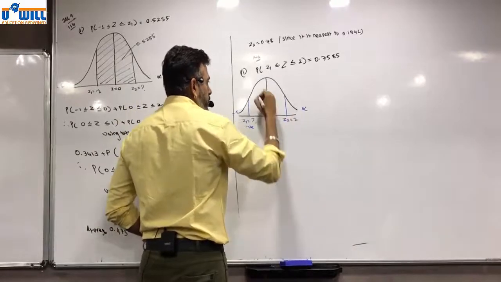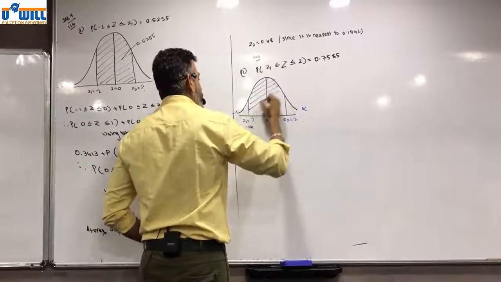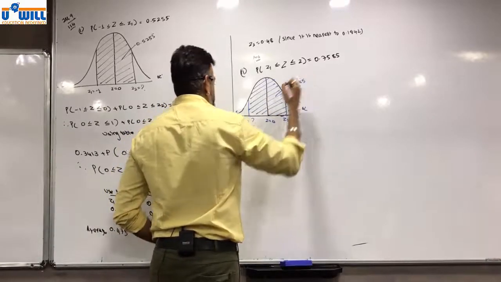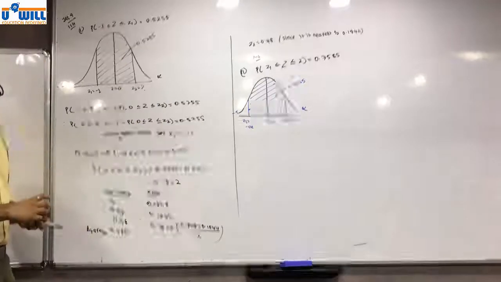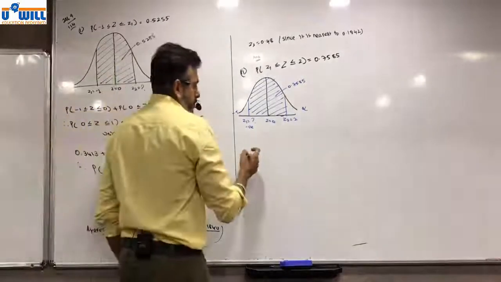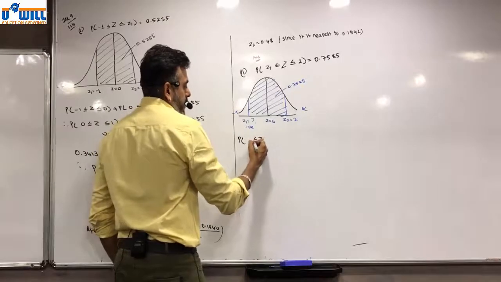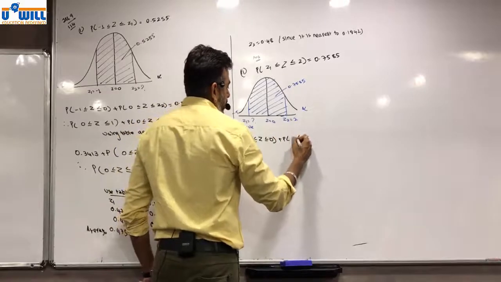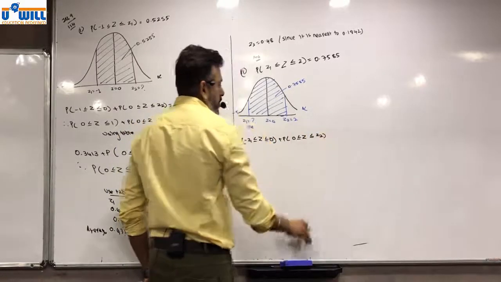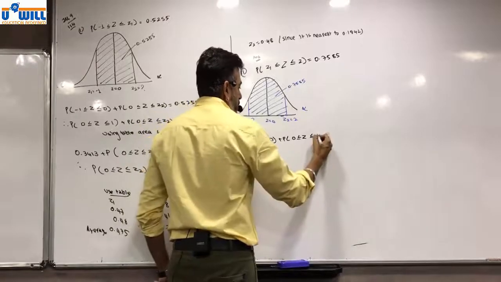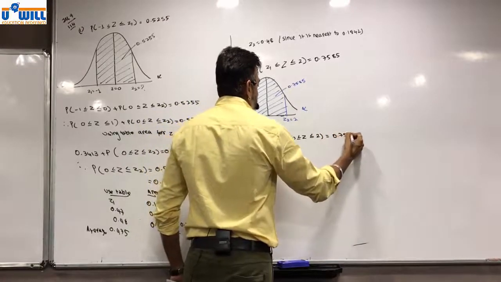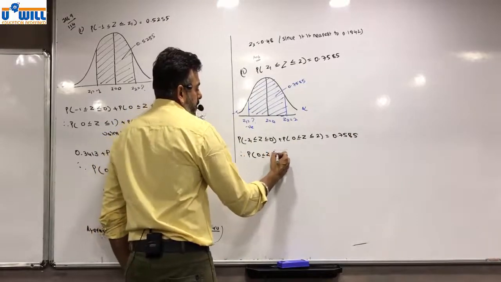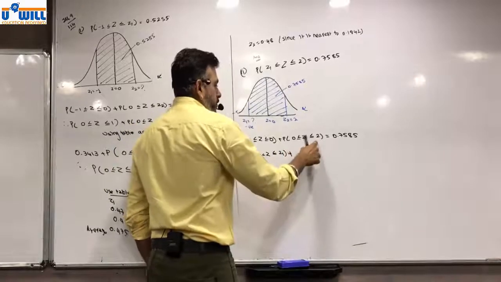Z2 is equal to 2. Shade the area. This area is 0.7585. We make the equations. Probability of Z greater than equal to minus Z1 less than equal to 0 plus probability of Z greater than equal to 0 less than equal to Z2, which is 2, is equal to 0.7585. Therefore, probability of Z greater than equal to 0 less than equal to Z1 plus, using table, value of 2 is